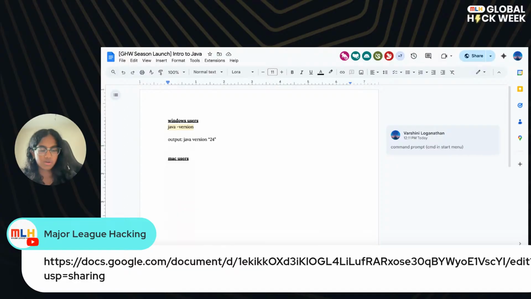In Mac, you're going to first want to check the chip type of your Mac, because that's going to change the type of Java file that you download. This is something I recently discovered. You're going to want to open up your terminal. If you don't know where that is, click on your Launchpad, that's the big section with all the apps, and just search up terminal.